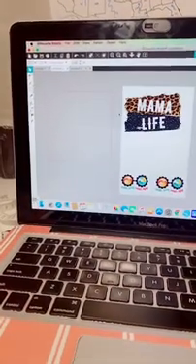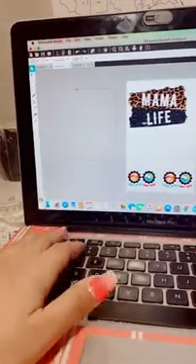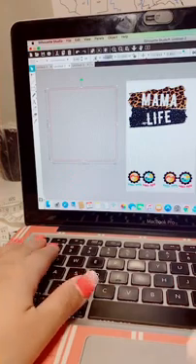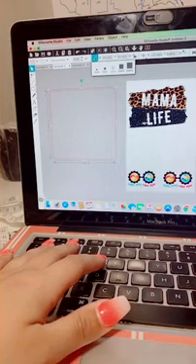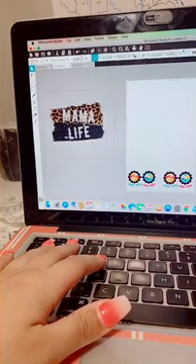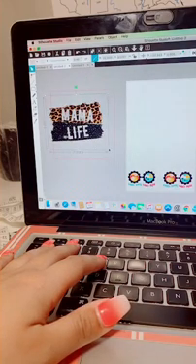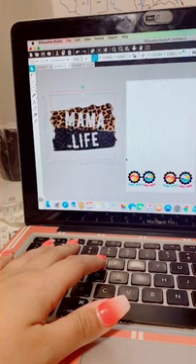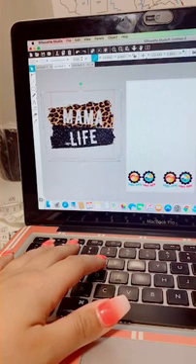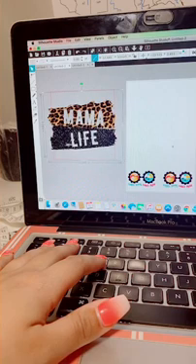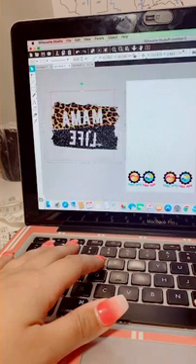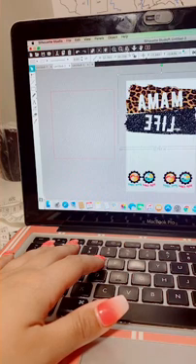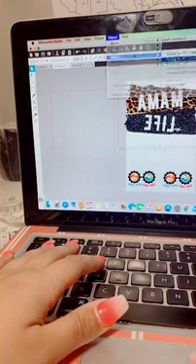The first thing we're going to do is change this size to 10.5 by 10.5, and make it fit that box. I think that's pretty good. Now we're going to mirror it, and we're going to have to flip it so it's on its side.